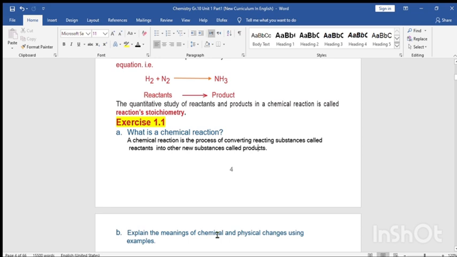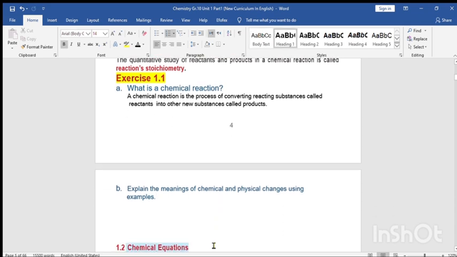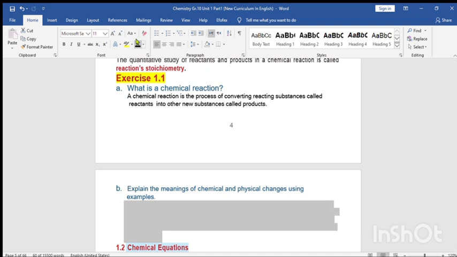For example, nitrogen and hydrogen react together to form a new substance, ammonia. Okay, and when magnesium metal burns with oxygen, it forms white ash. Okay, these and many examples can be mentioned. Physical changes, just crushing, evaporating, powdering, and such like changes are types of physical changes. Therefore, you can write the definition as follows.